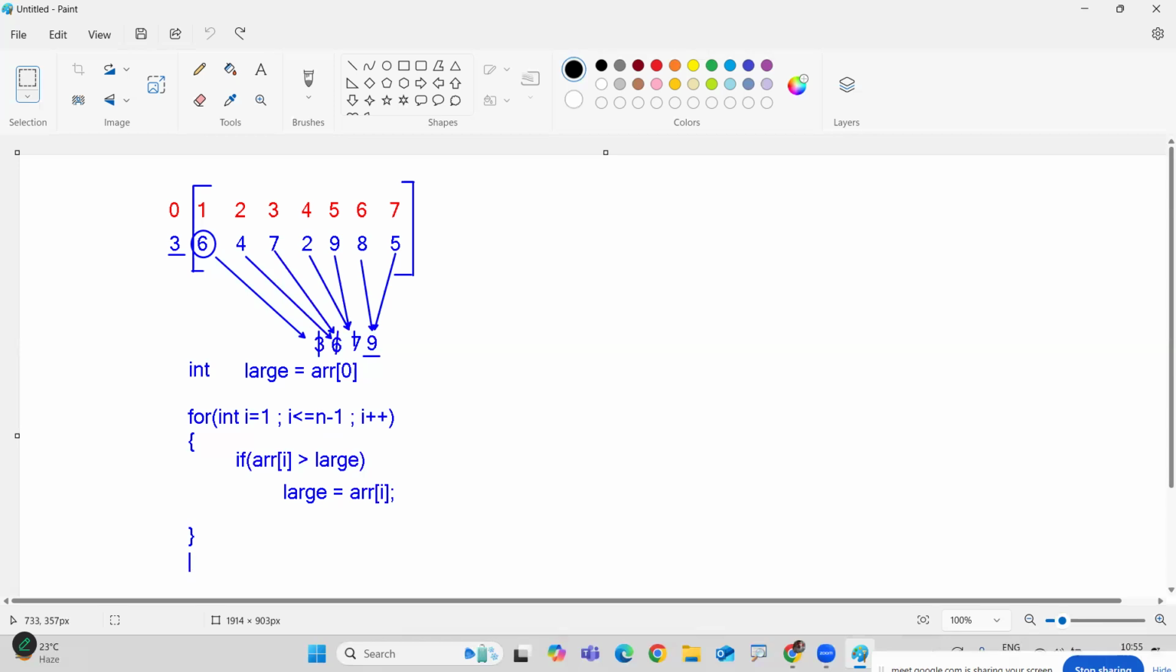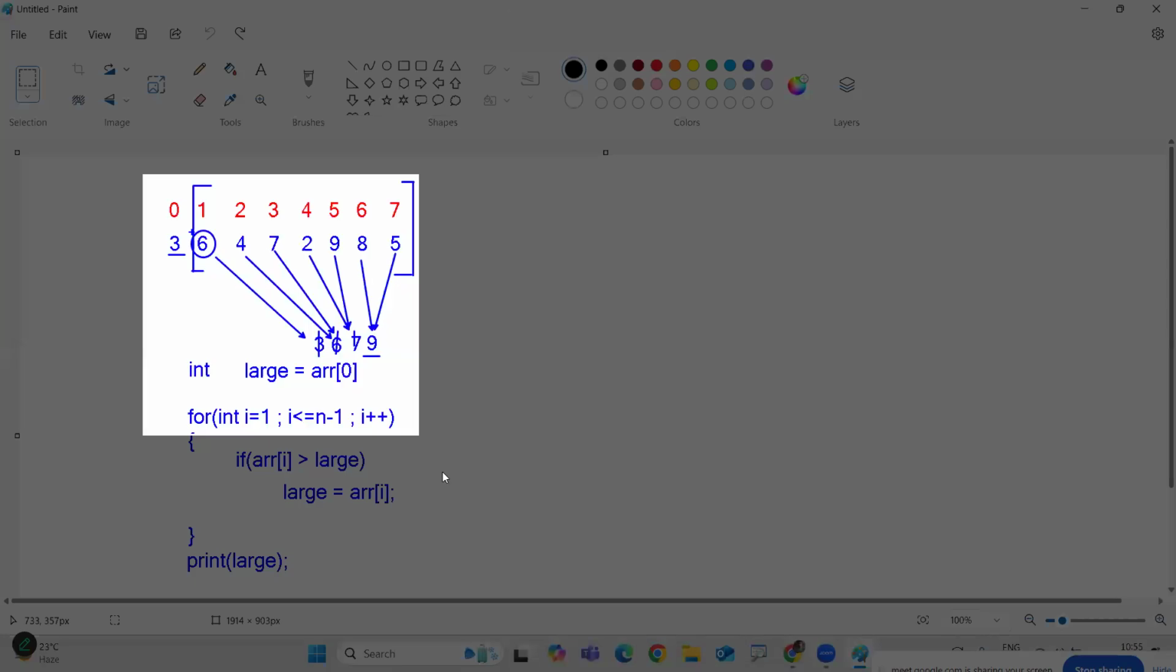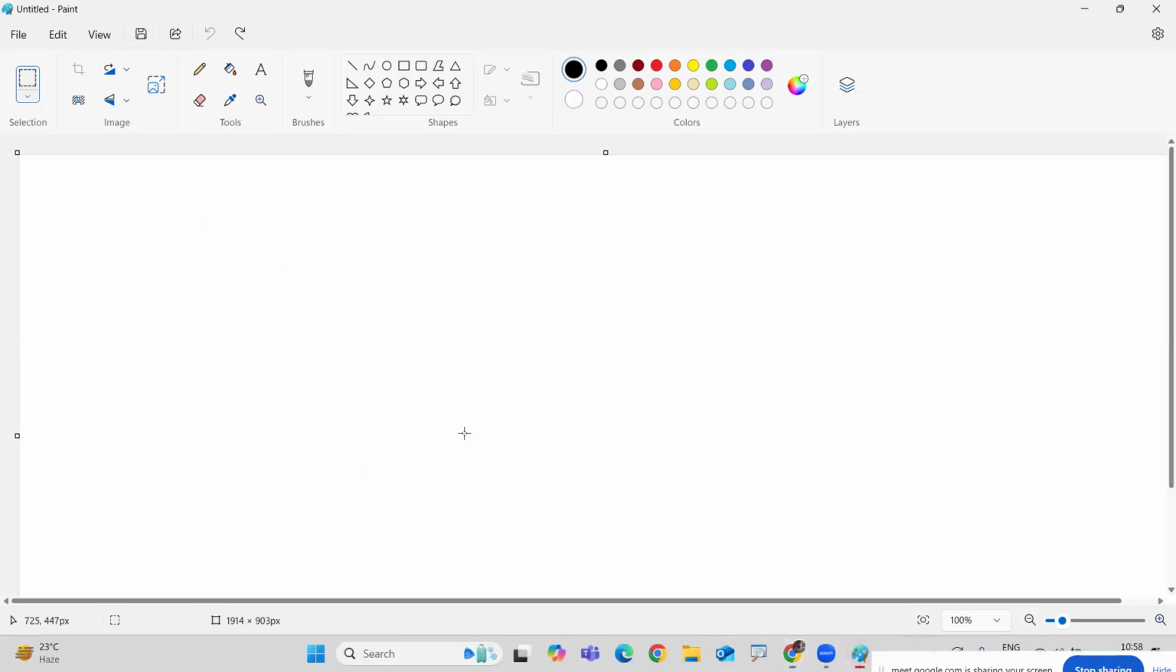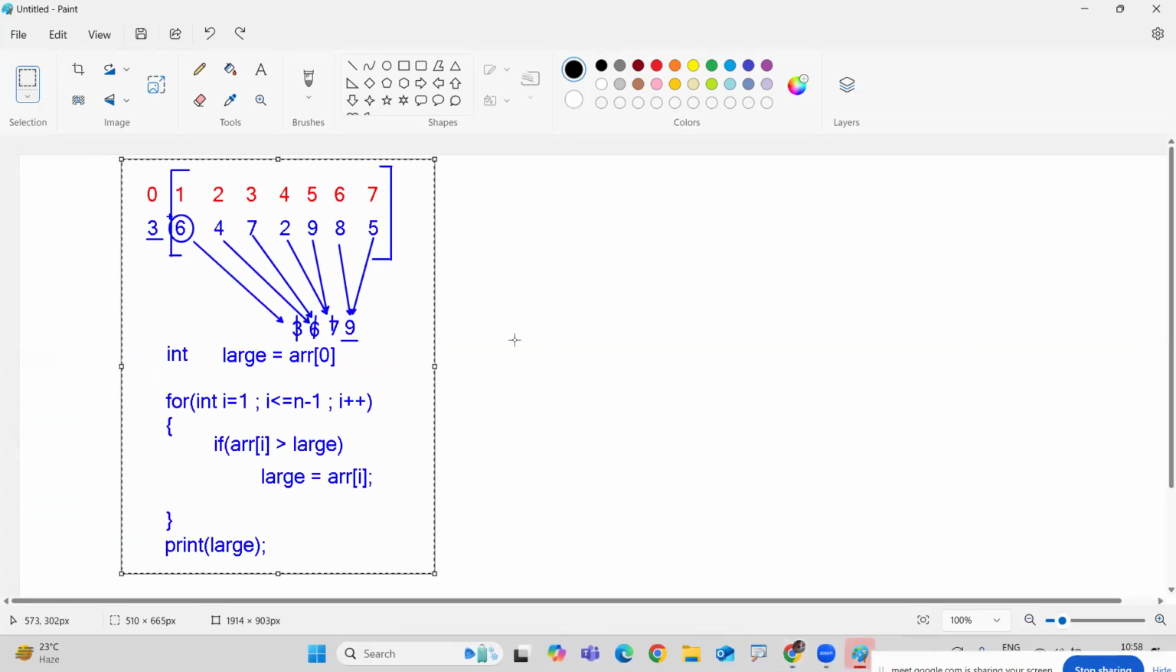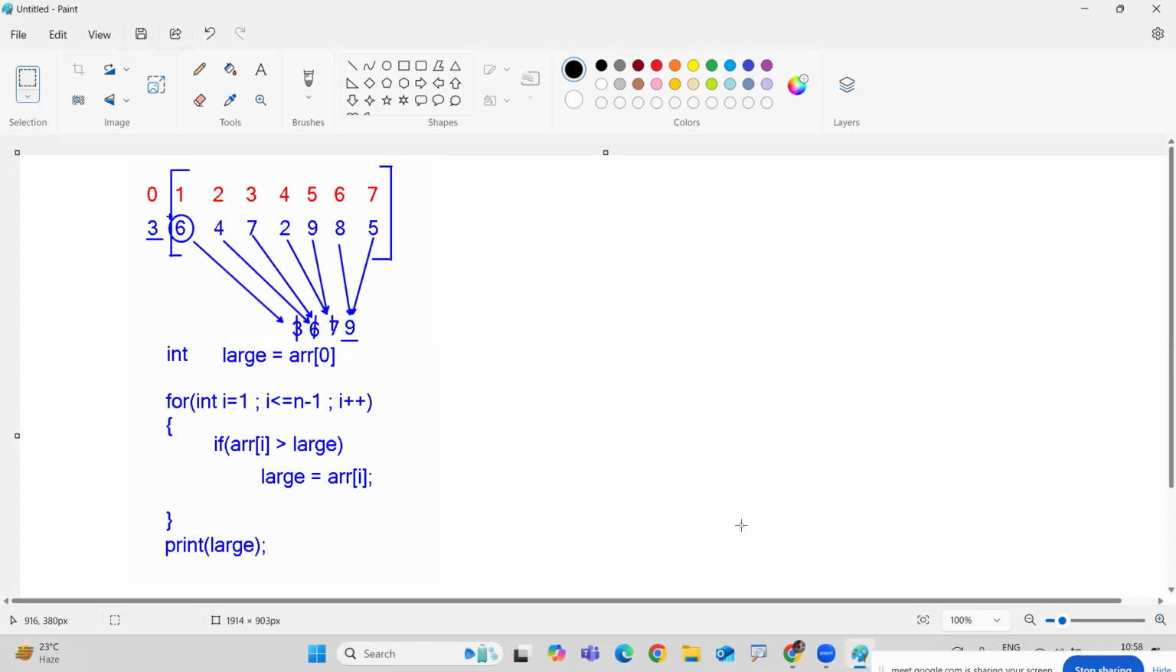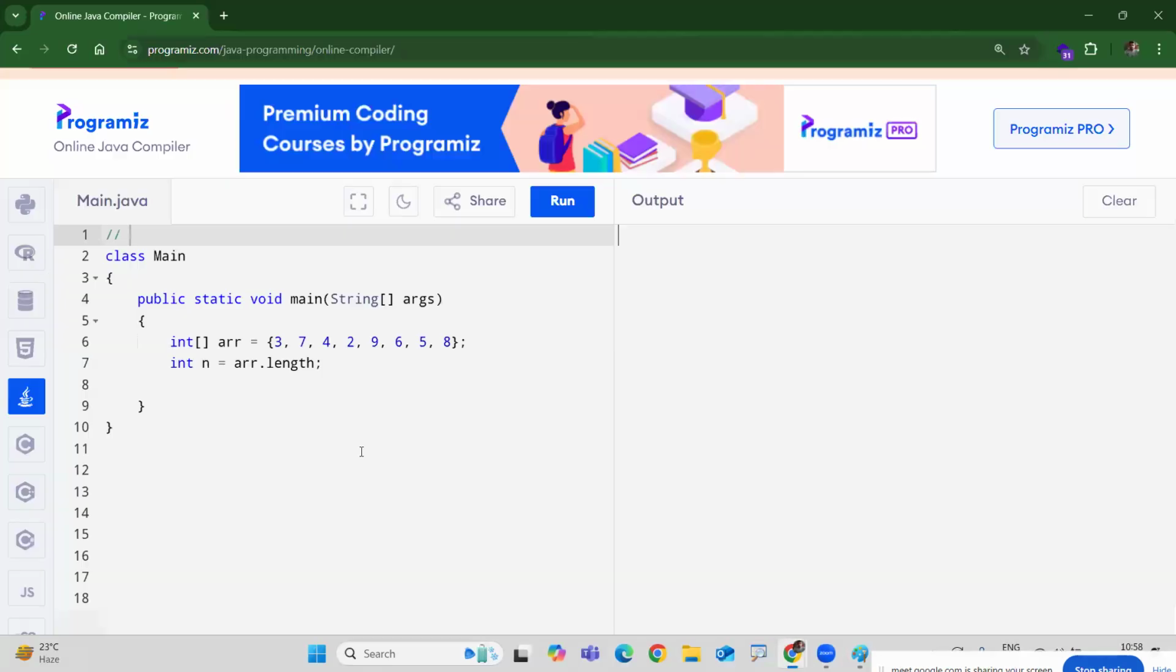Just we are printing that large. This is the simple way of finding the largest element in the array, as well as the smallest element, just the opposite. Now, if you want to code it,